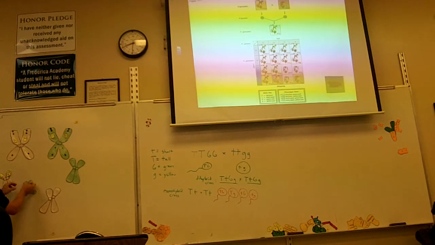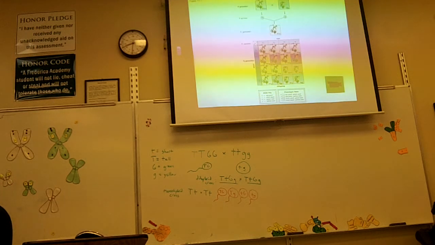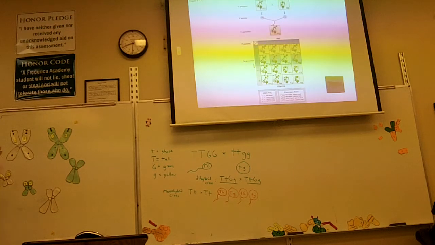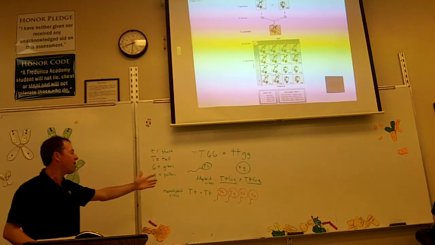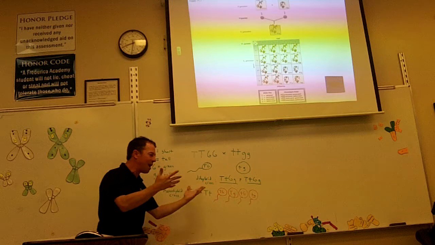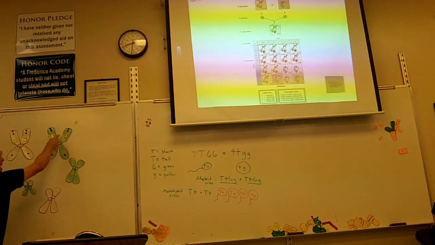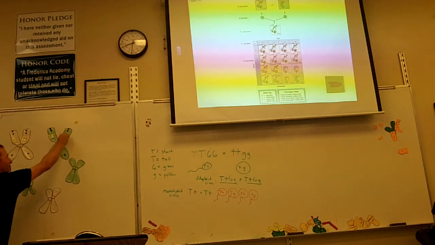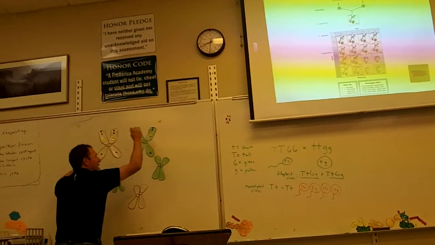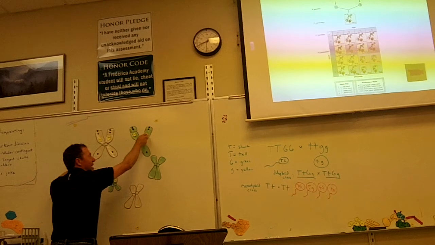And remember, chromosomes are information that's inside a cell. And so these alleles, if you're wondering, where is this T and G, where is it? It's information on the chromosomes. This is DNA all wound up, and right about there on this chromosome is a gene, meaning make the plant